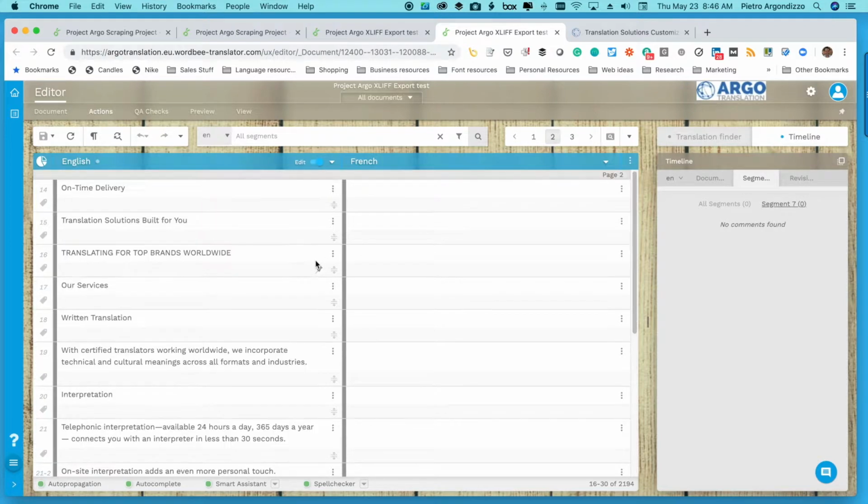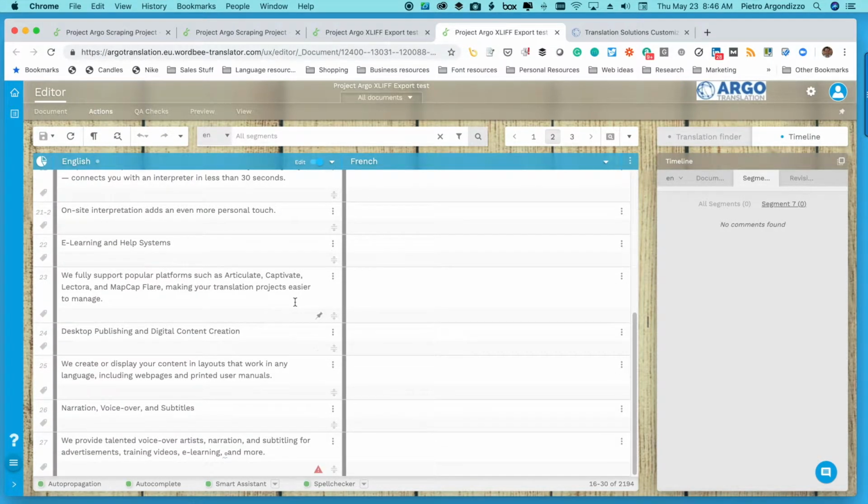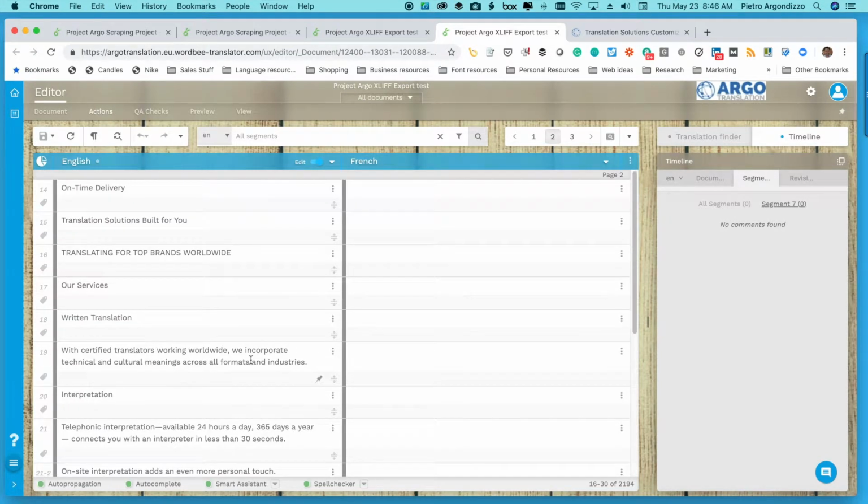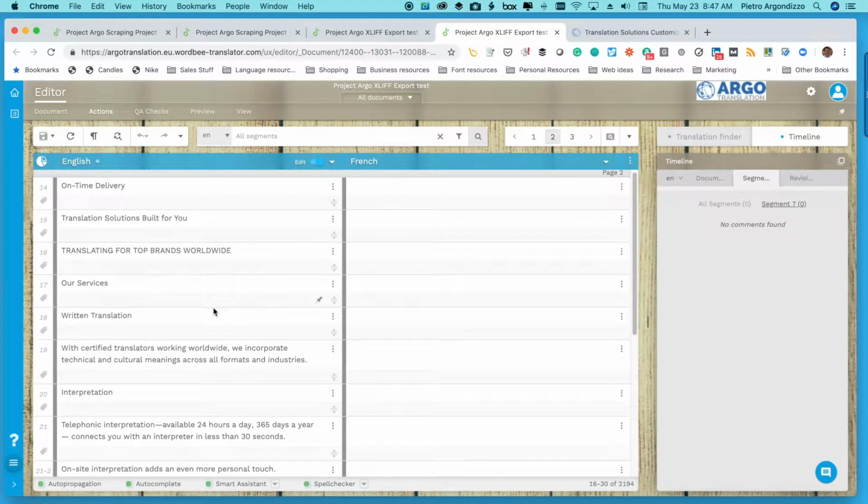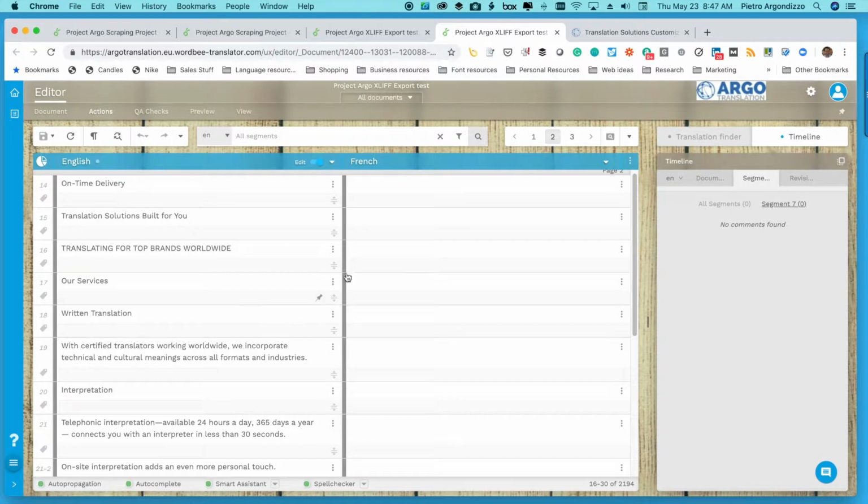So you'll see that I have a minimum amount of inline tags. That would be tags that are occurring inside of the sentence. And of course, all of the code has also been isolated and not included in the scope of the project. So these are really, really clean and ready for quotation.